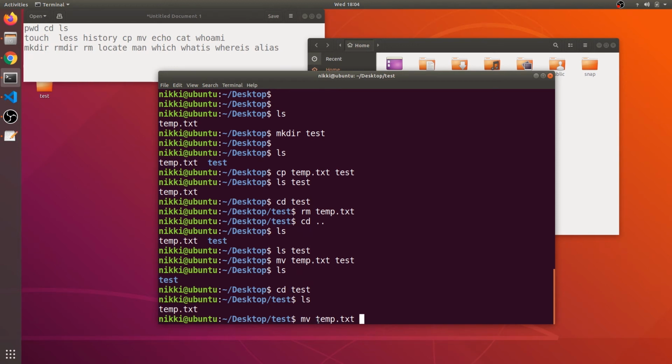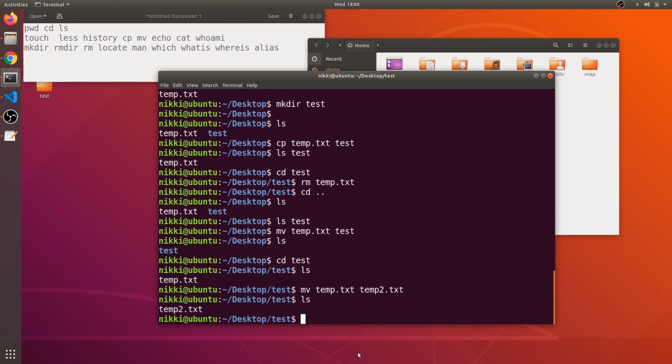So this move command can be used to rename a file. So I want to say temp2.txt. If I say ls, now there is no temp.txt because we have moved it to temp2.txt. So there is no particular rename command in Linux. We just use the mv command to rename a file.